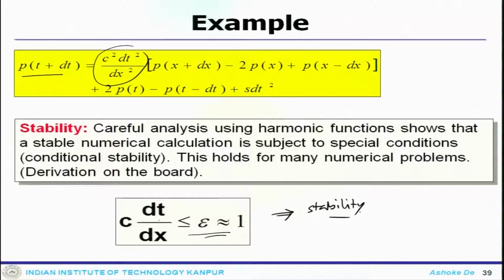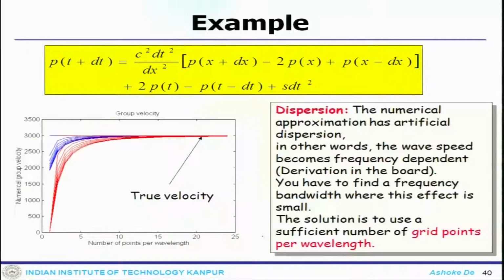So, so far we have been talking about the accuracy of the solution, order of accuracy of the solution, round off error, truncation error. Now, we come across a new term, the stability of the solution, and one has to make sure the solution that you obtain is stable enough, and that has some restriction, but this is an example. We will have this criteria more and more in detail.